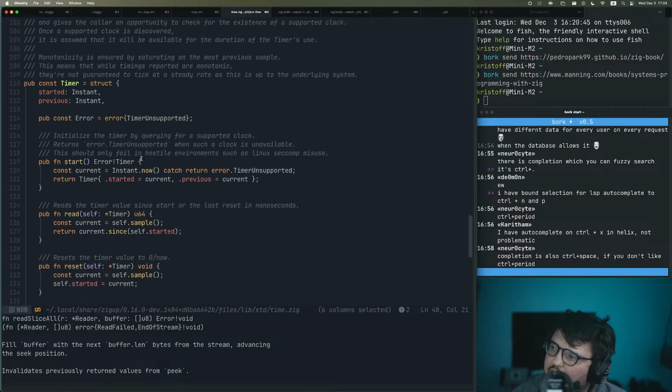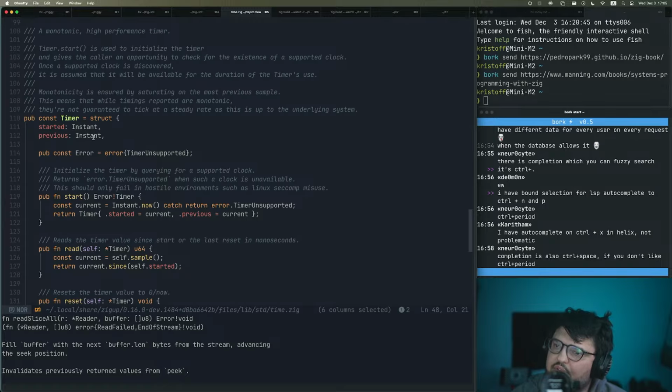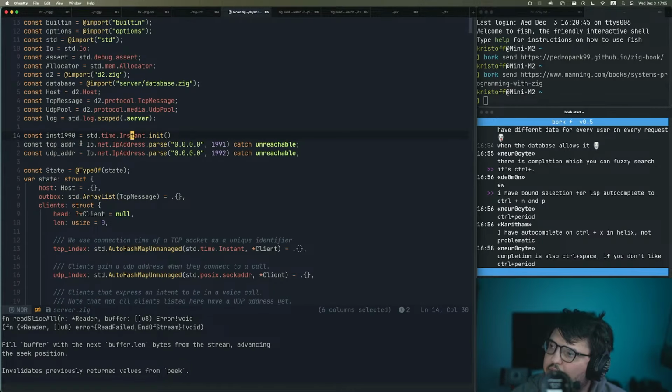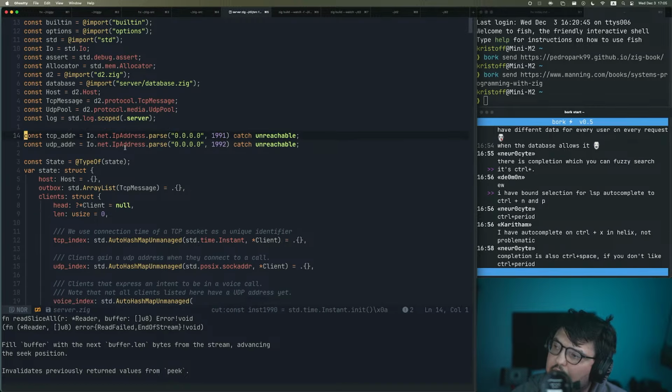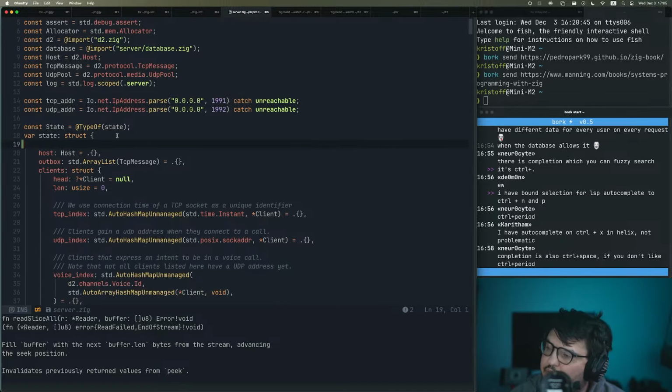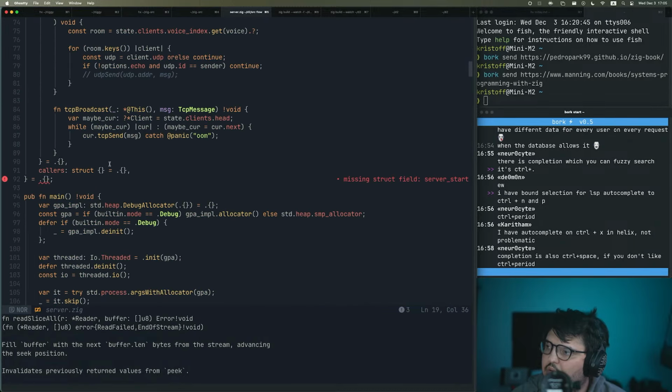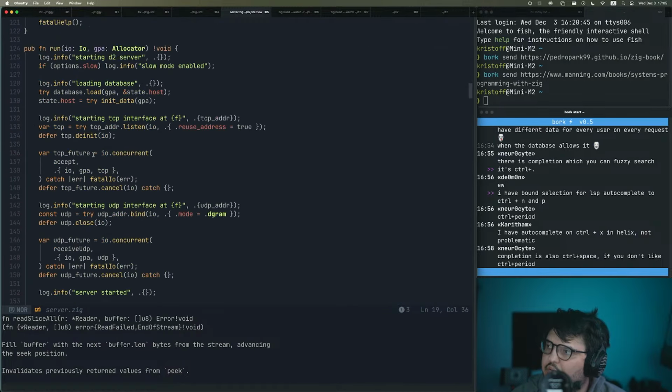Or we could do these IDs from the start of the server. That's actually probably the better idea. Yeah. So like in state, we do server start. And in run,